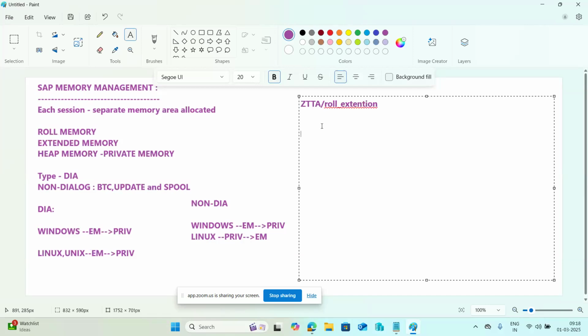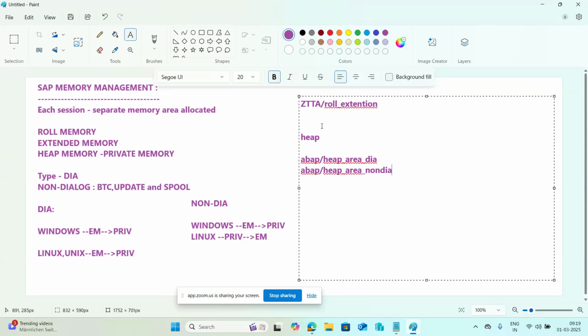Then the heap related parameters are abap/heap_area_dia, abap/heap_area_nondia, and